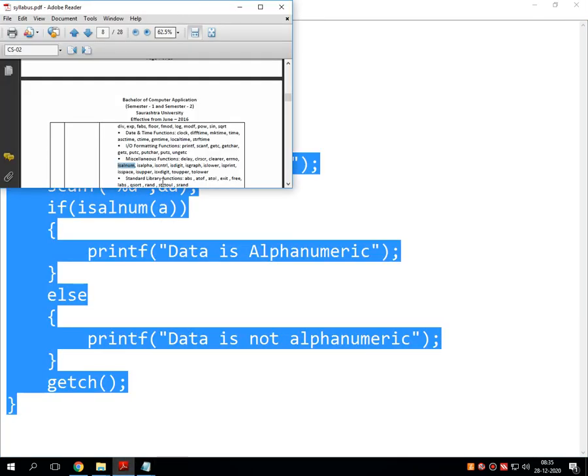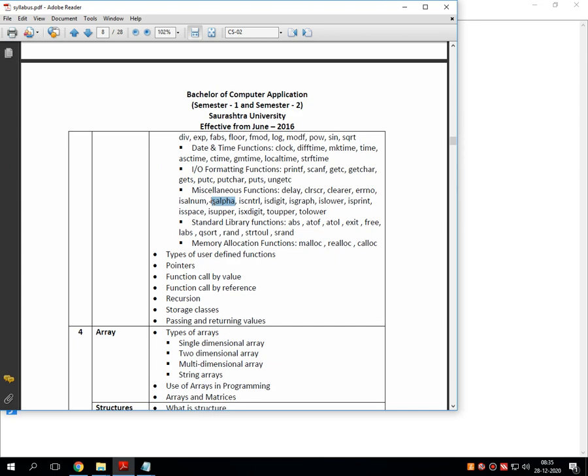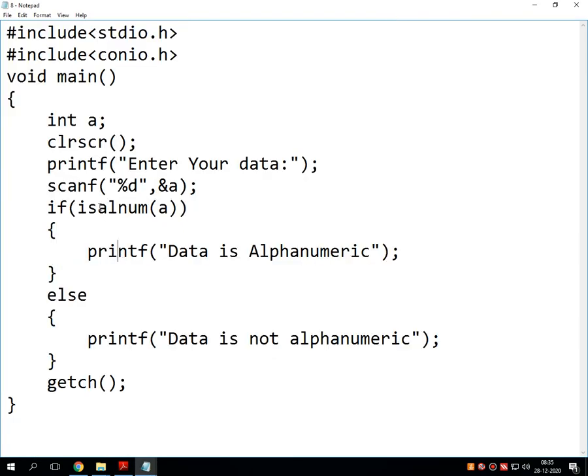We are going ahead. The next function is isalpha. This function will check only whether the inputted record contains alphabets or not. Let's check.